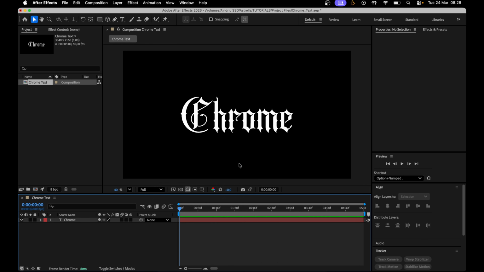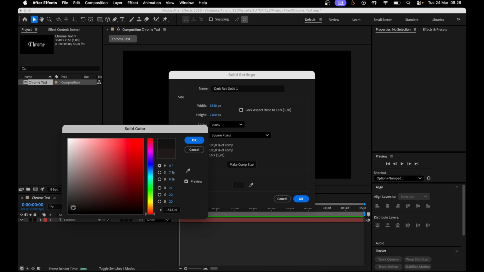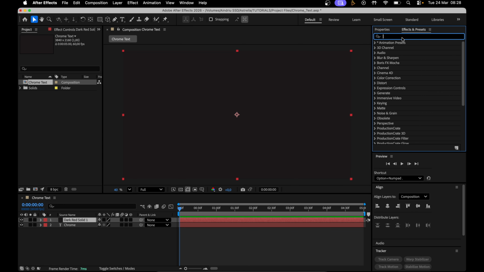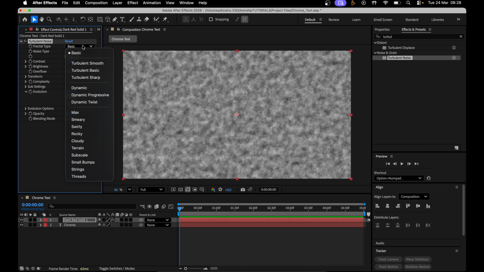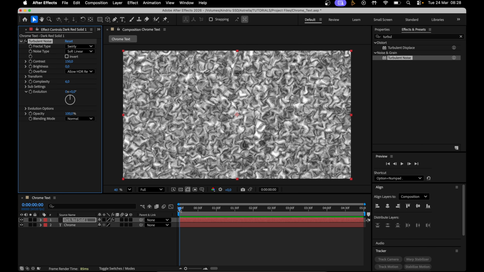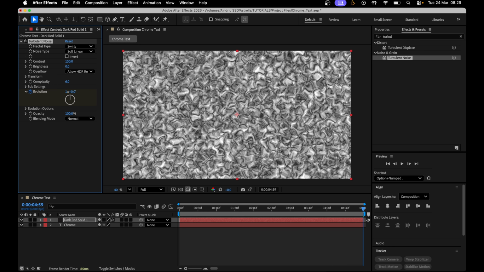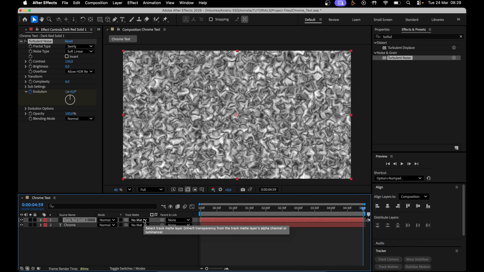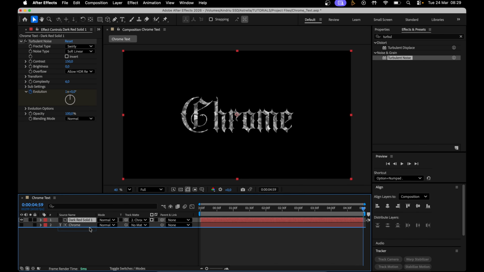New, solid, make it a dark greyish colour, apply turbulent noise onto that solid, fractal type to swirly, contrast 150, and on frame 1, keyframe the evolution, go to the final frame and just type 1, so it's done 1 full rotation. On the track matte of the solid, change it to the text, and then move it below the